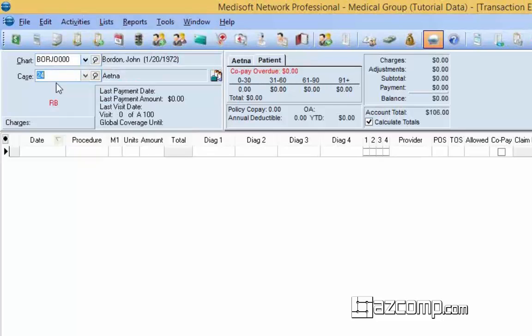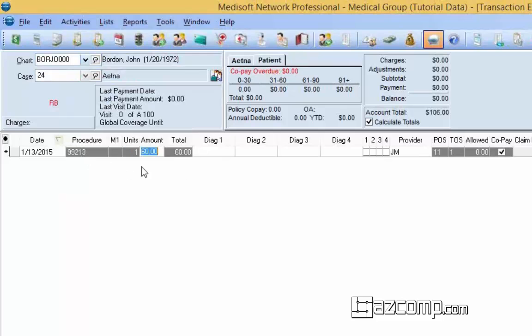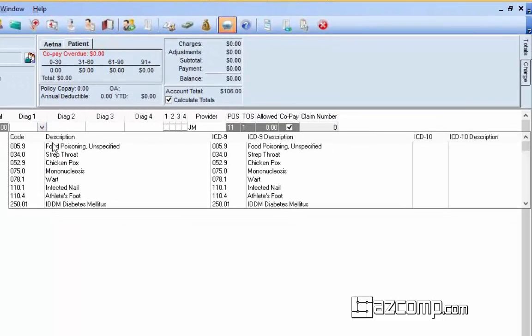So I'm simulating that they require an ICD-10 code right now, even though that's obviously not the case. You may need to do this, though, when you're testing: change the ICD version temporarily so that you could send some test claims. So I'm going to do 99213 on here,